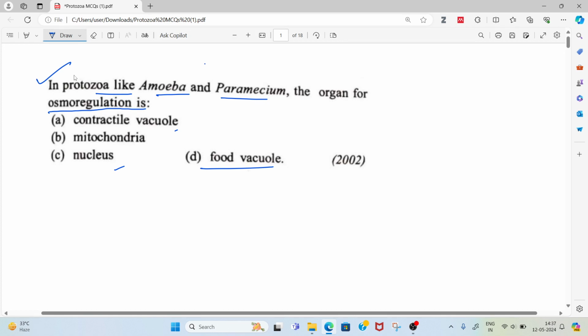So we know that in protozoa, mainly like amoeba and paramecium, the organ used for osmoregulation is mainly the contractile vacuole. So what is the function of contractile vacuoles? The correct answer is contractile vacuoles. The function of the contractile vacuole in protozoa